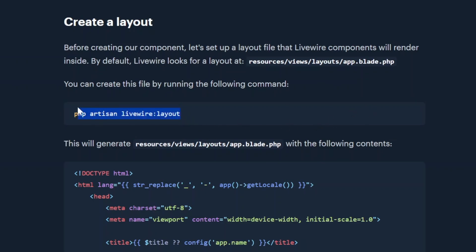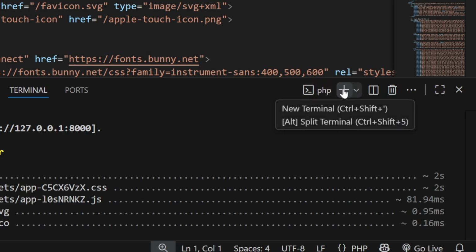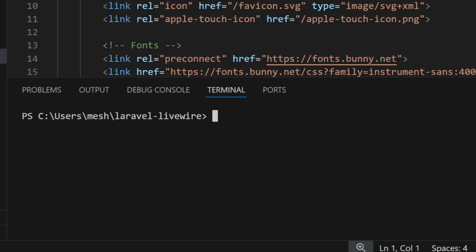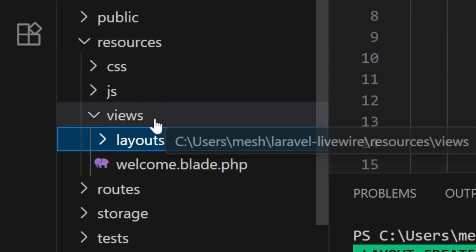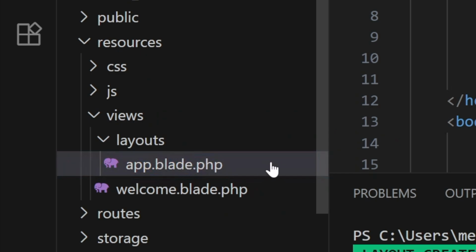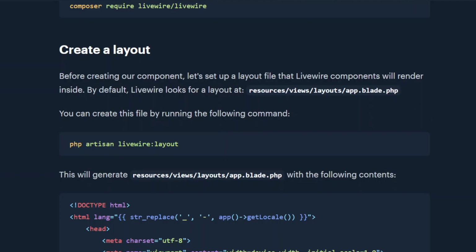So highlight it. So back in Visual Studio Code, what we want to do is open up another tab for the terminal. Right click to paste the command and hit enter to run. So in the folder structure for the project, if you check resources, views, layouts, open up app.blade.php, you'll see that we've created the Livewire layout. Back on the Livewire website, if you scroll down,